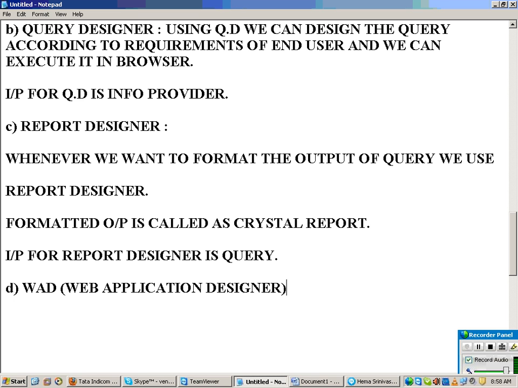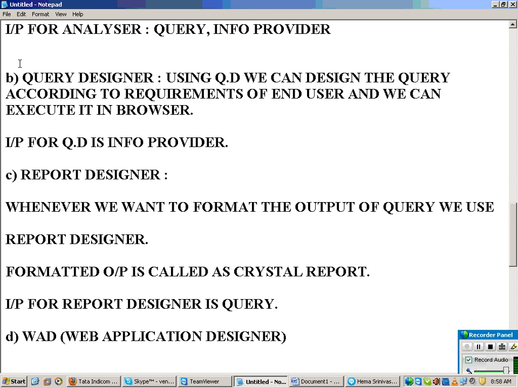Web application. Now, what is it that we have seen? This query designer we discussed. I can show the output in a browser, meaning a web page. That will be a default web page. The browser that will open will always be one default. Now I don't want the default web page. I need to see my output in my own designed web page.